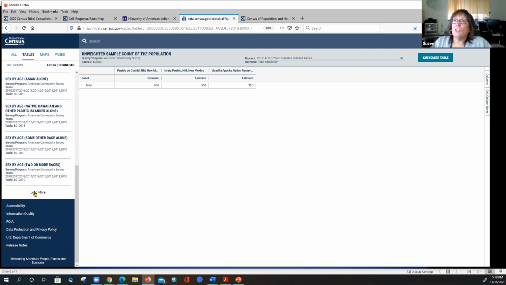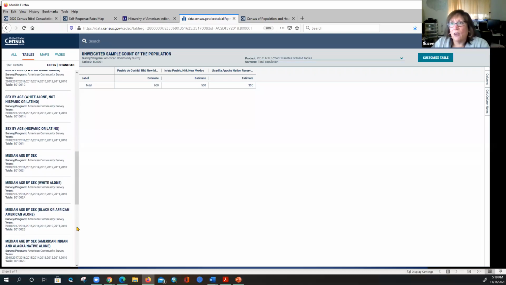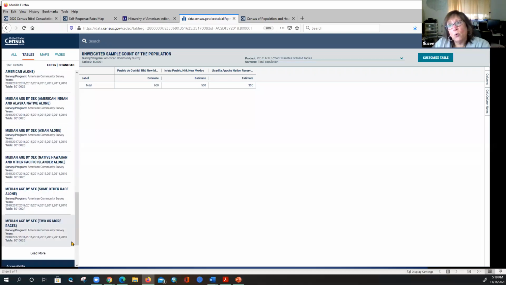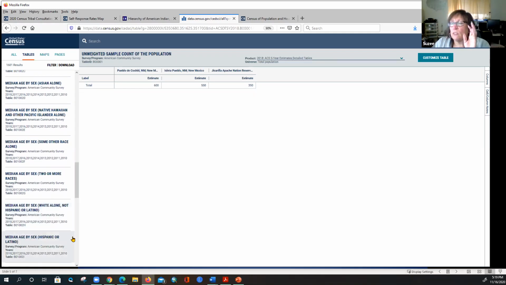If you do click on that, it's still going to open it up into this window, and you're still going to have to scroll down and continue to load more tables, unfortunately. So if you don't select a topic, you'll be scrolling and scrolling and scrolling, unless you go back